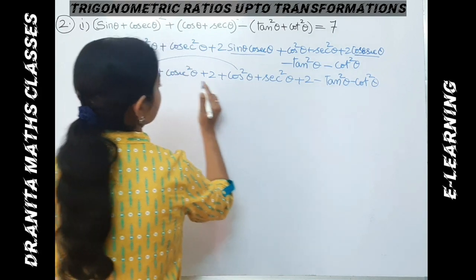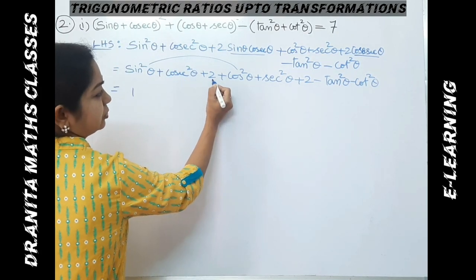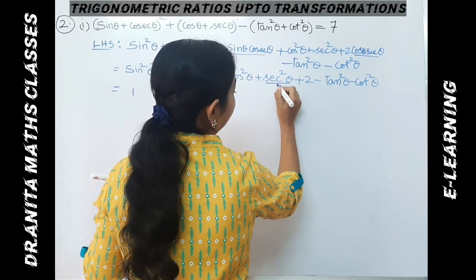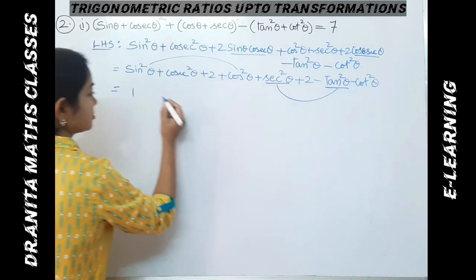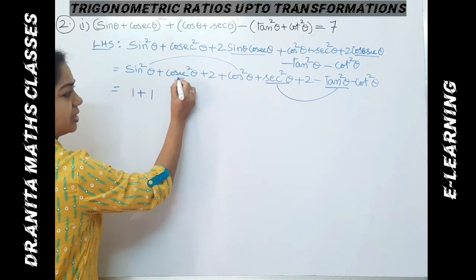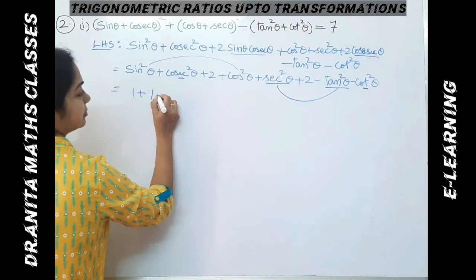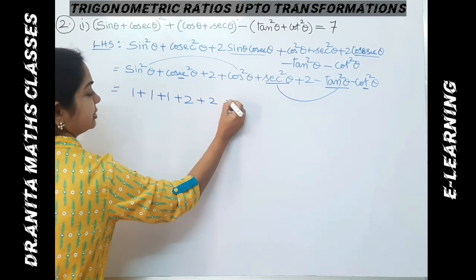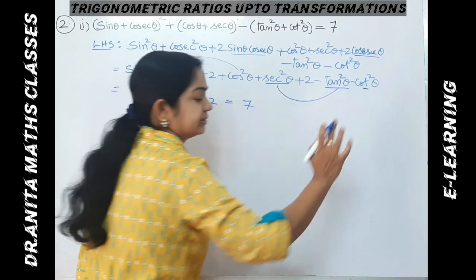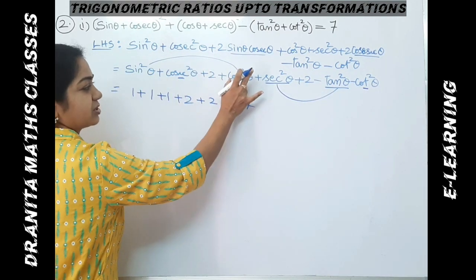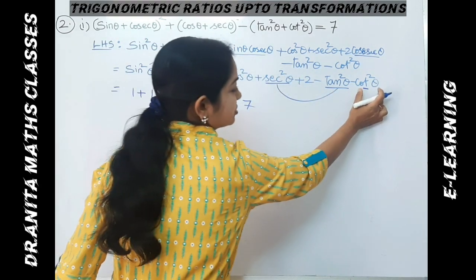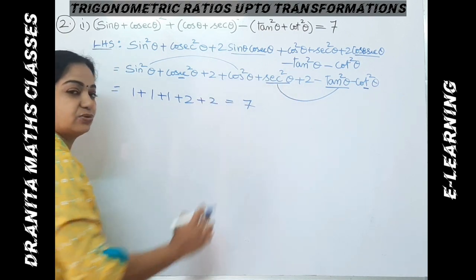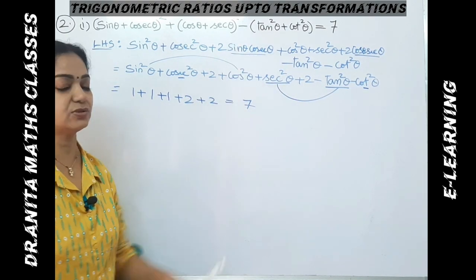So you can also write it as cosecant square, and 2 is there here. Secant square minus tan square is 1 again, and cosecant square minus cot square is again 1, plus 2 left over and 2 left over. So altogether we get 7. In these 3 identities I have substituted: the first identity is sine square plus cos square is 1, cosecant square minus cot square is 1, secant square minus tan square is 1, and 2 and 2 are left over. If you add them up, that comes to 7. Please pause the video and note it down.